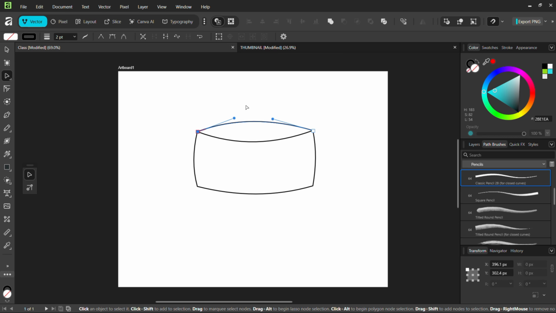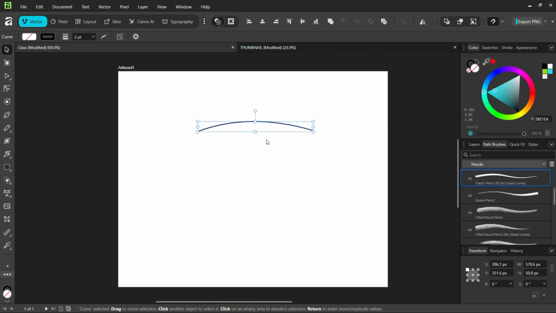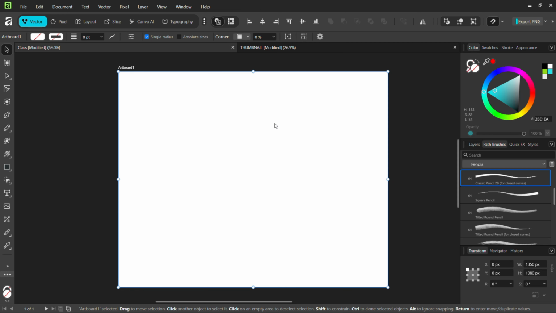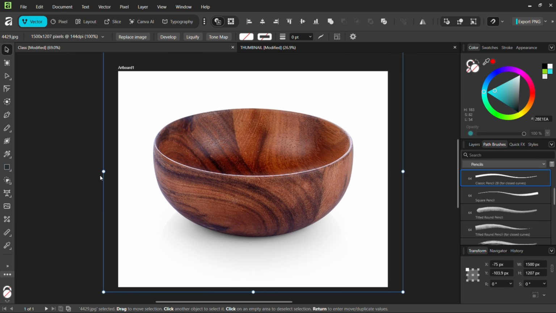to trace images. Let's try and do that. If you're using Windows, you're going to press Control Shift M, and if it's a Mac, it's Command Option M. Okay, so it's going to be Control Shift M. And let's choose this bowl, and you can just click to place. To reduce the size, you drag the corner and hold Control,